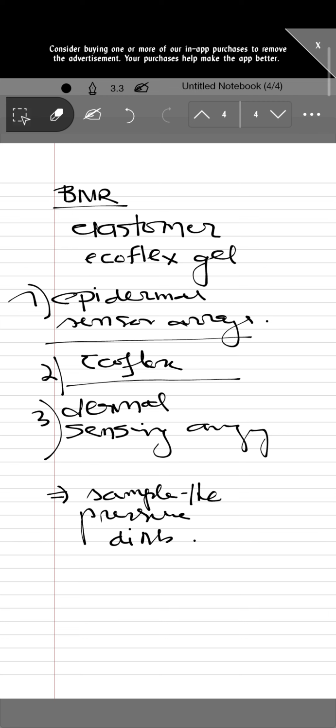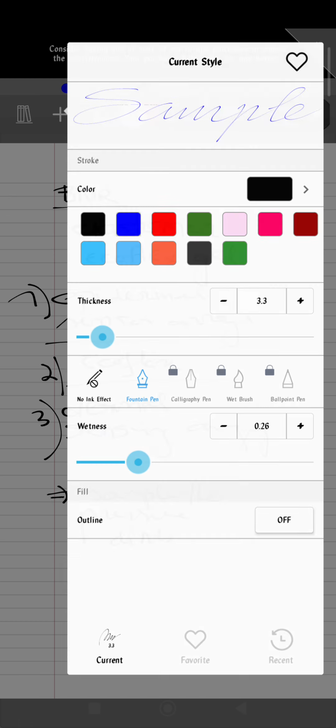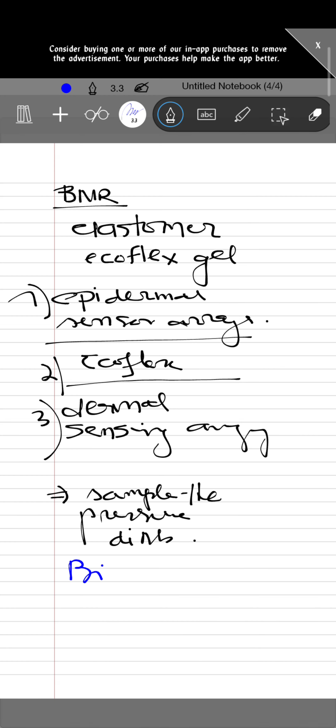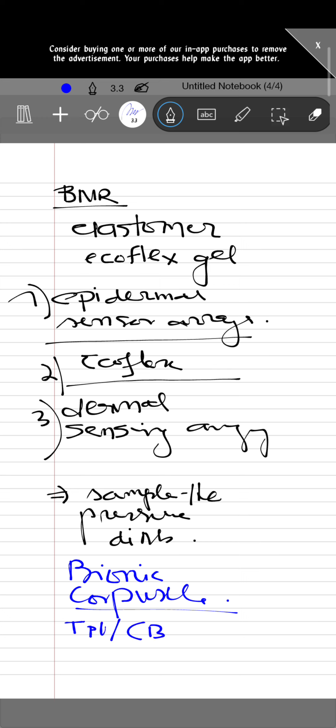Okay. Now the bionic corpuscle, as we have mentioned, is mainly made up of thermoplastic polyurethane and carbon black. Thermoplastic polyurethane is in short called TPU, and the carbon black system has high sensitivity. The response time is about 35 milliseconds,